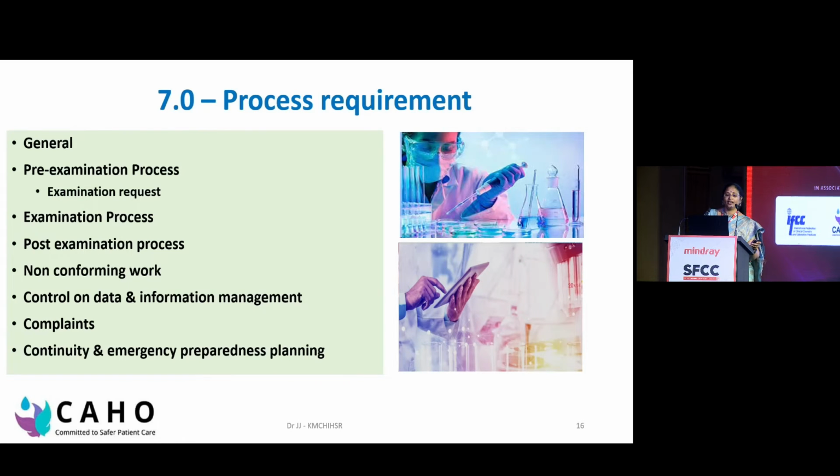Control of data and information management. More is discussed about this, because this is how it's happening in most places. There are still laboratories working manually, but many have a hybrid mode where you have a manual system and the LIS system, so you have to include the importance of cyber security, the way you will handle your data, how confidentiality is maintained at multiple levels, what the contingency plan is when something goes wrong, how you capture the downtime, and how you do the continuity. All of these are discussed in more detail.